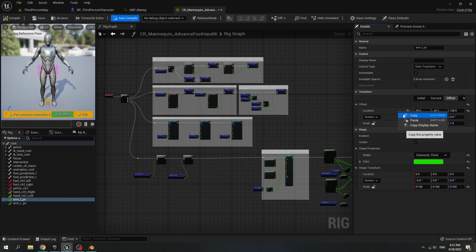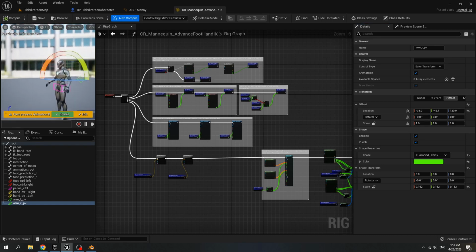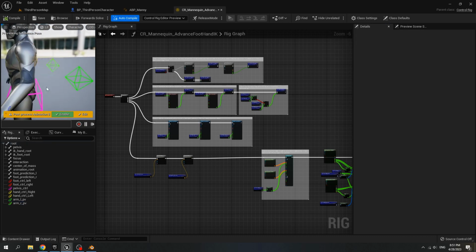Copy this location and for the MRPV paste it, and X is minus. Compile, and the ARM LPV is the pole of our ARM IK.